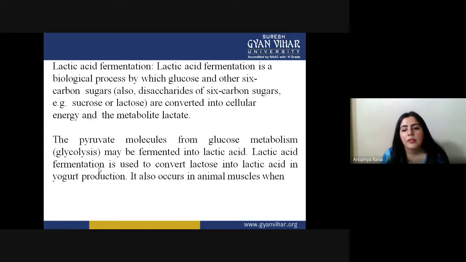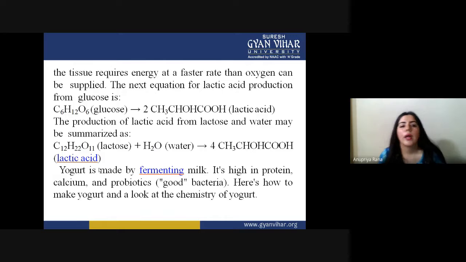It also occurs in animal muscles when the tissue requires energy at a faster rate than oxygen can be supplied. So basically this can also happen if we need more energy than oxygen can supply. At that time also, the equation for lactic acid production from glucose is that glucose is converted into lactic acid, and the production of lactic acid from lactose and water may be summarized like this: